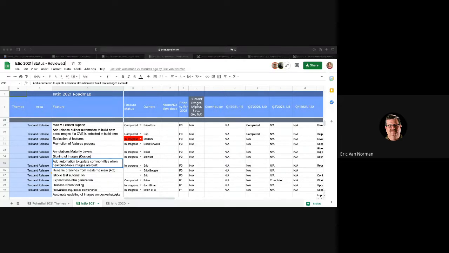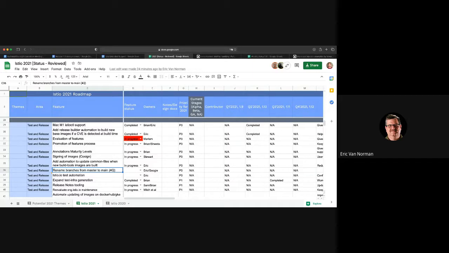And then our last P0, which was in the roadmap. Well, actually, it's not the last, but another P0 that we have is the renaming of branches from master to main. We've discussed that in the work group, and the feeling at the time was the best time to do that would probably be the beginning of fourth quarter, which would not be something we would put in the 1.12 roadmap, but it'll probably be something that we would do right after the 1.12 branch cut is done. So we'd do the 1.12 branch cut, and then shortly thereafter do the rename.